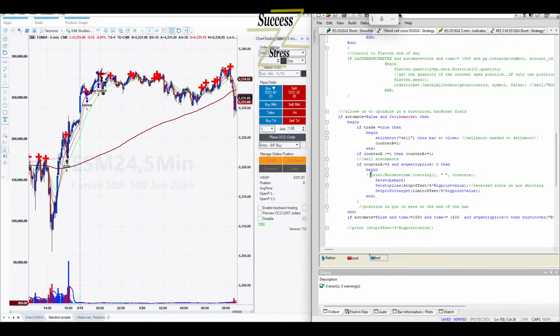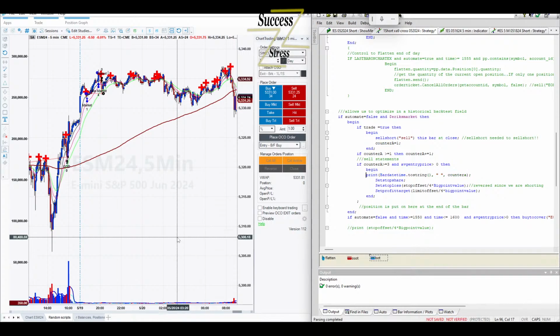All right, so we were playing with this the other day, and I learned that set stop loss and set profit target has to be on for every single bar. If it's not on for every single bar, then it's not going to give you an exit. It's not going to allow or calculate the stop loss. So I put this print function in here to find out if we even get into this function inside this if statement.